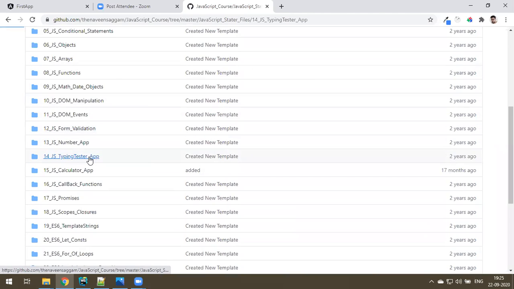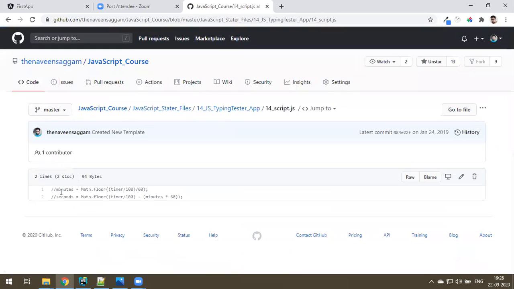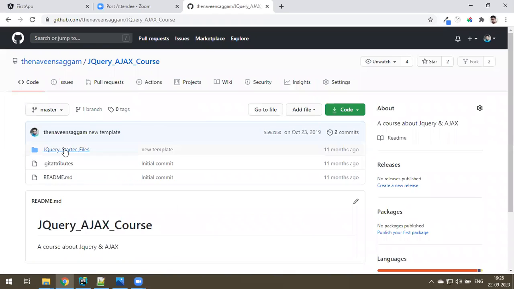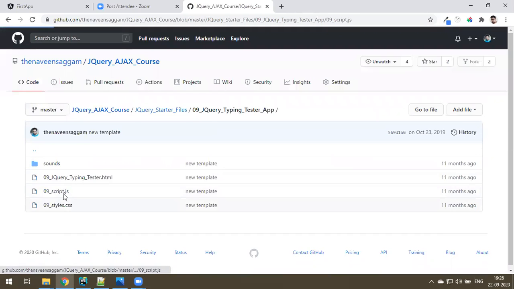Okay, in typing tester only it will be there. JavaScript, no, only minutes and seconds is there. Sorry guys, one last check. jQuery starter files. I think typing tester somewhere it is there. Typing tester, yeah. Here, this file.